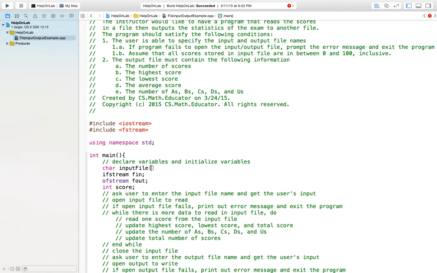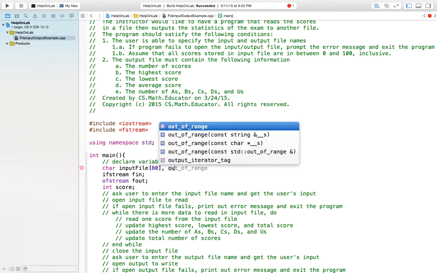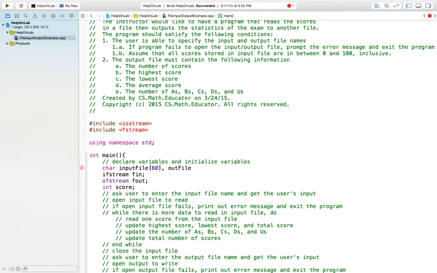This is an array of chars. Now, array, we will study array in the next chapter. But so far, you just know this array can hold a collection, a sequence of characters, because the file name is a sequence of characters. Okay? Then we will have fin, fout,